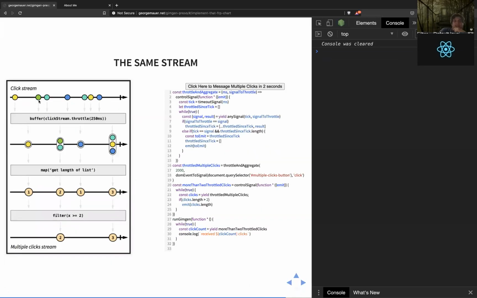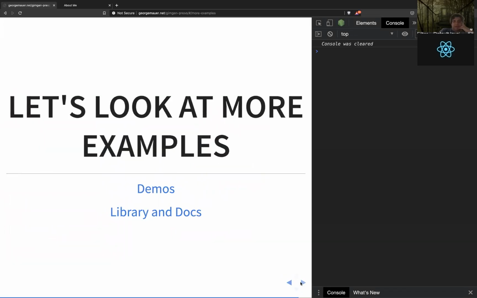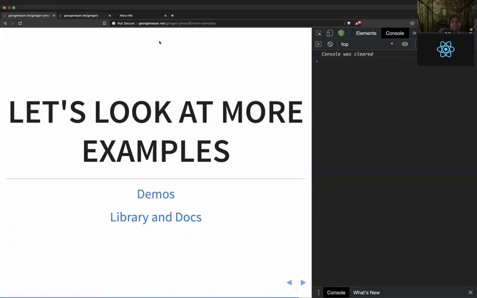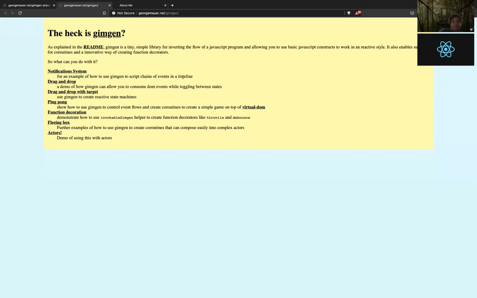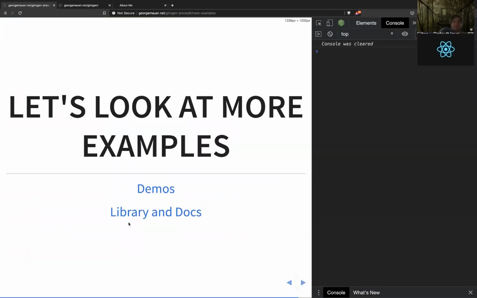You can take this same stuff and implement it with that, so that there are more interesting demos I can show you. All right, let's look at some cool stuff with this. Actually, let me take a minute and explain how this works, because it's not a lot of code.